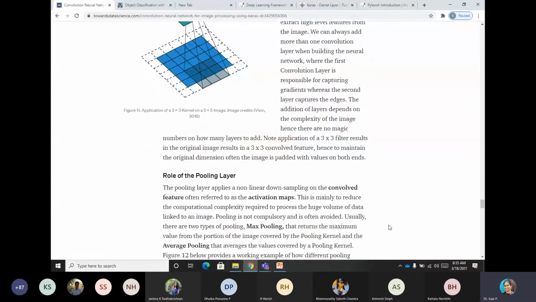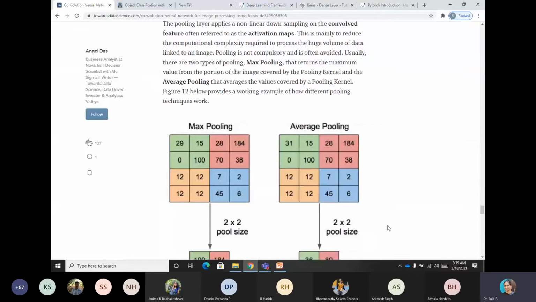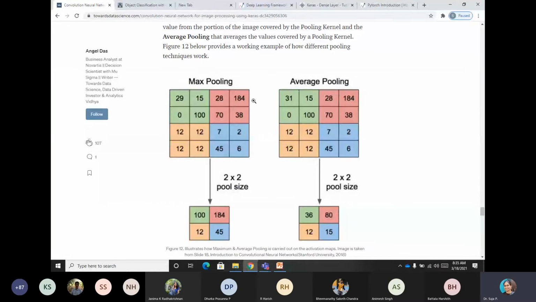And then the pooling. What happens in the pooling is, assume you have a pooling like this. In max pooling, out of the 4 cross 4, we will take a smaller 2 cross 2 portion, and then we will find out of these 4 what is the maximum, and we will put it here.